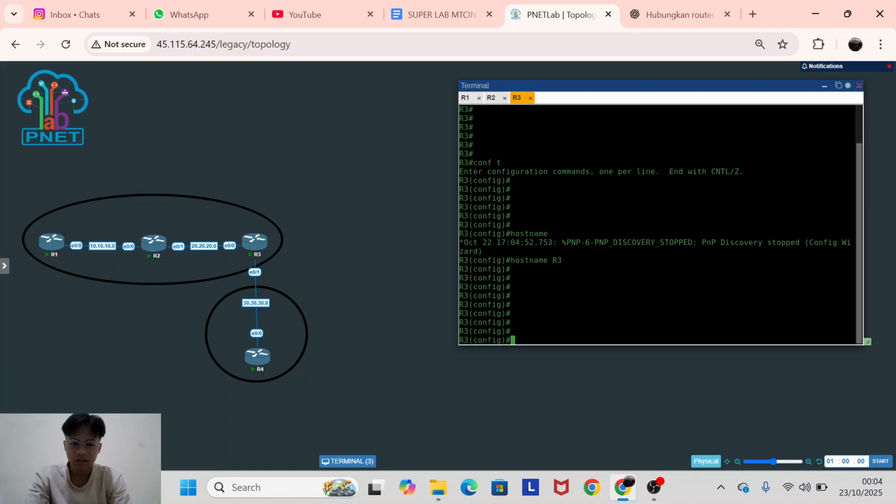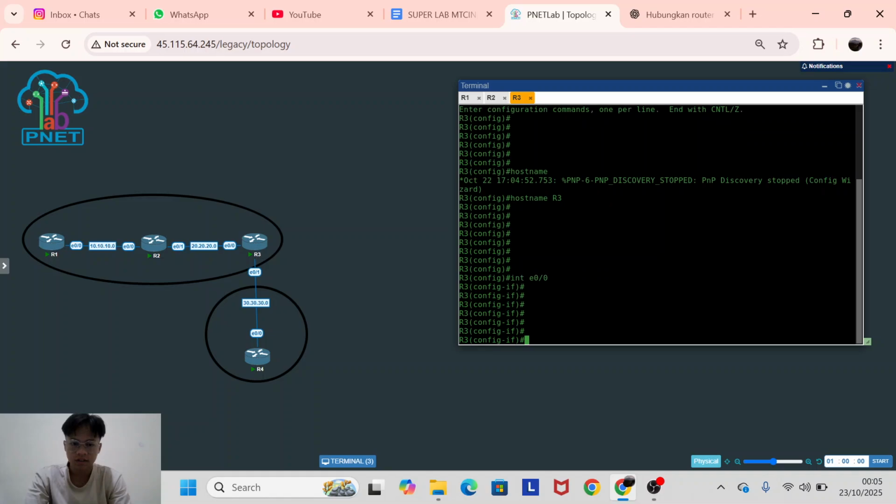Like this. Then I add the interface with 20.20.20.2 and the subnet mask.